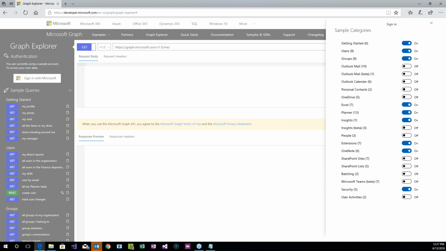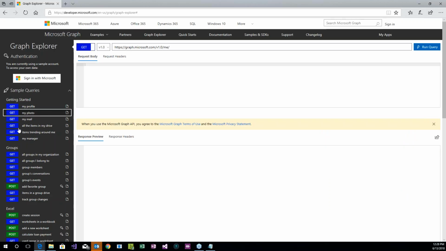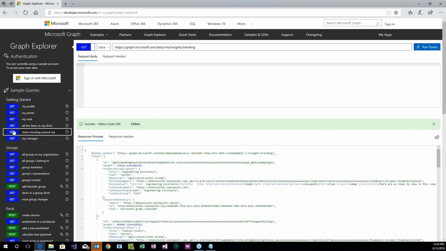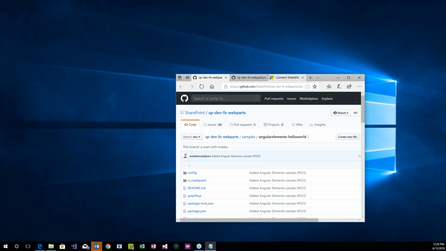You see this? I can turn on categories that I want to see. Check this out. Really cool. I can say, this is all I want to see, and just say, okay, that's it. Show me that, and then this updates over here, and those samples will now come out. I click on something, like this get, for example, and says, hey, look, check it out. I did that get, and look at this data that's coming through for this test user. Now they have a test user that's got stuff. I'm not going to sign in. If I sign in as myself, I'll see my stuff. Very cool. All right. Before I get too carried away, because I could get carried away with just Graph by itself.